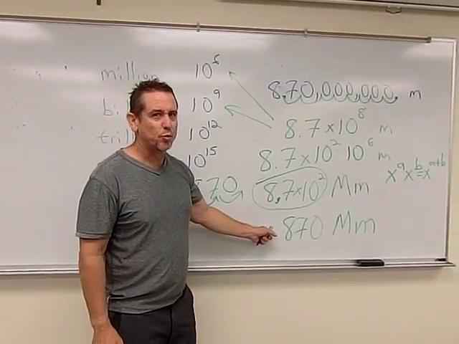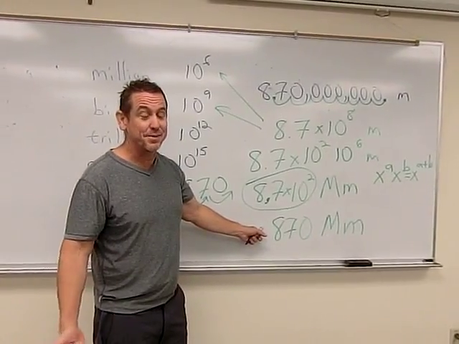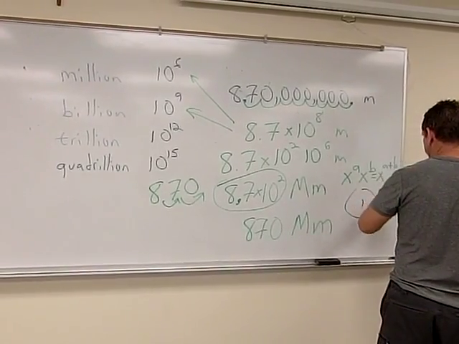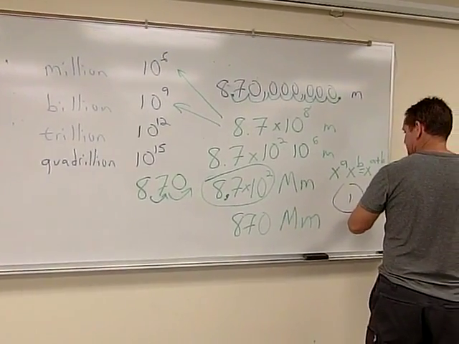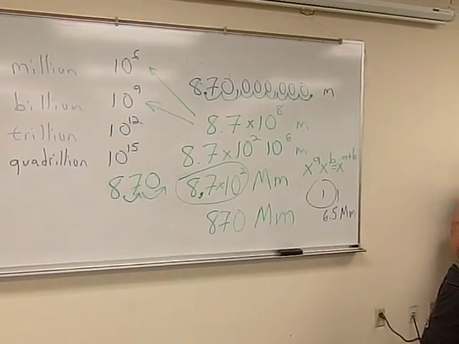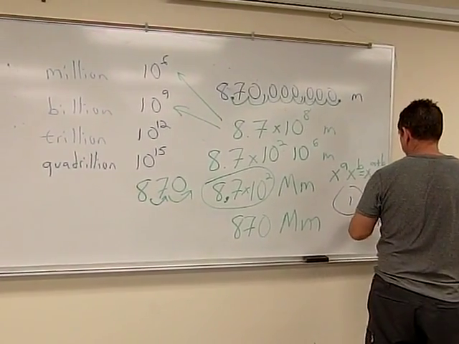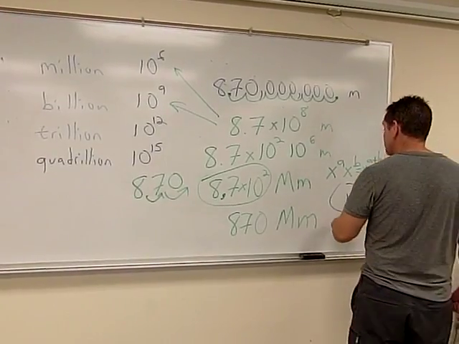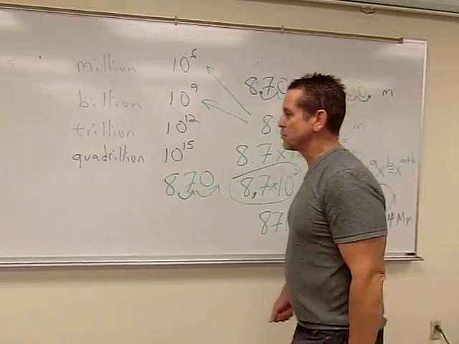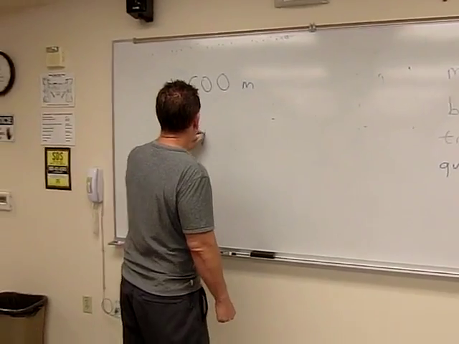Yeah, this may sound a little weird. 870 megameters. You probably never heard the phrase megameter. That's because the radius of the Earth is like 6.5 megameters. I think. I was looking it up here. 6.3, 6.4 megameters, which you can call 6.4 megameters. Let's do this one real quick. So 6.4 megameters